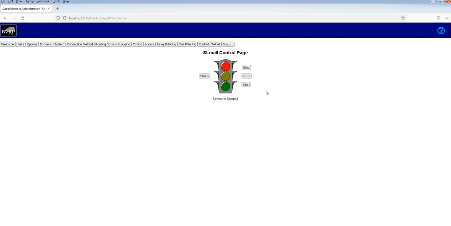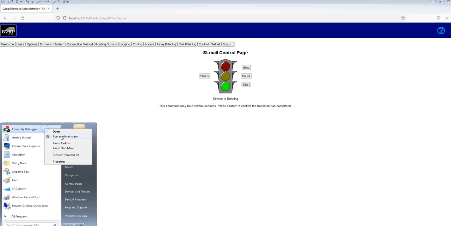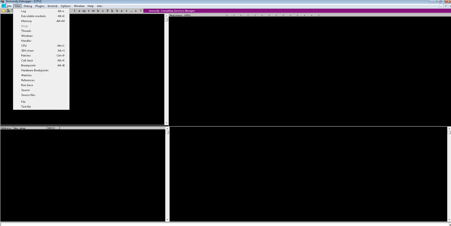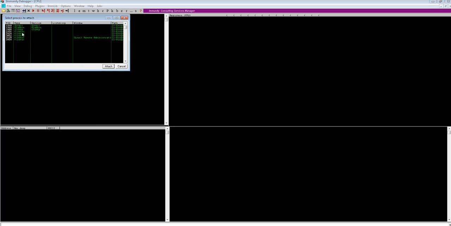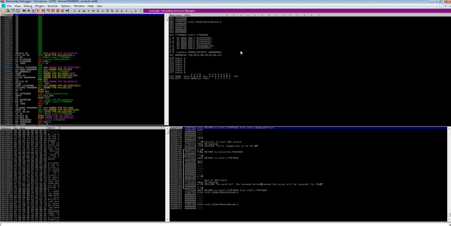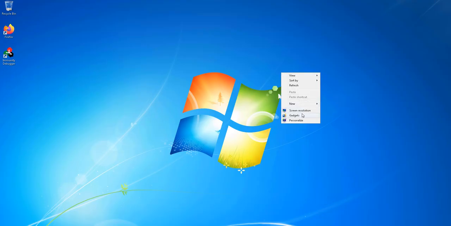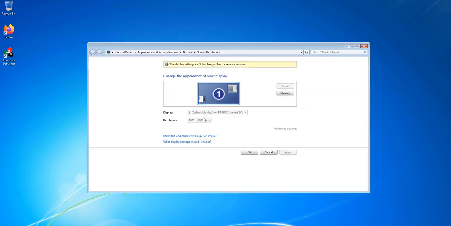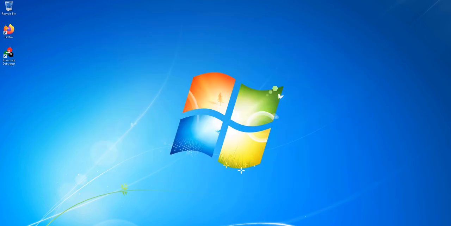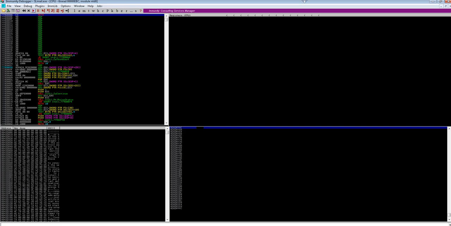I'll just have this browser open and then start the service. Open the Immunity Debugger as administrator and then attach SLMail and then play it. Let me change the screen resolution. Fine. So the program is running now.